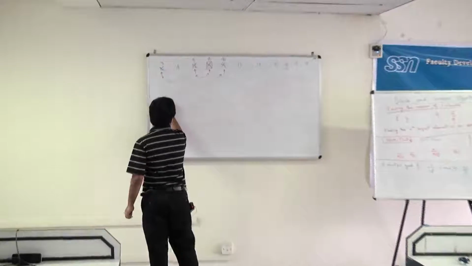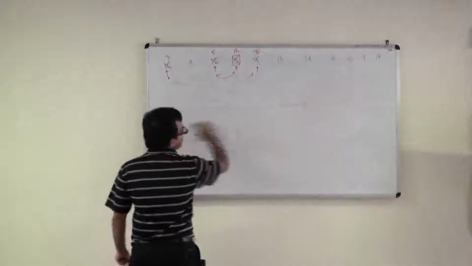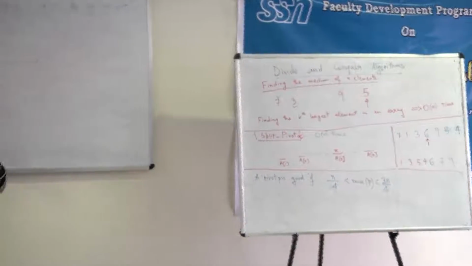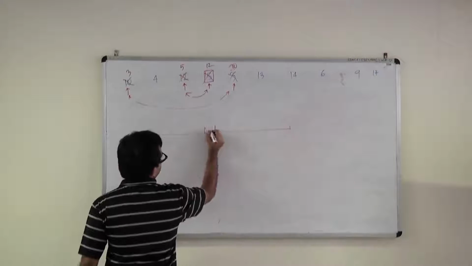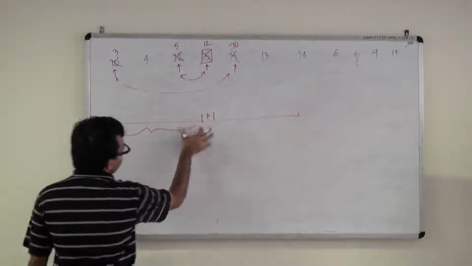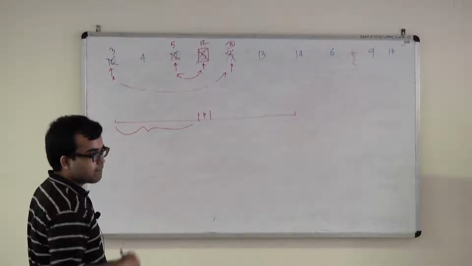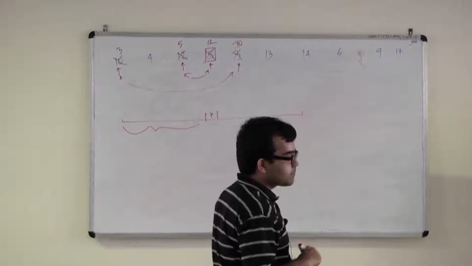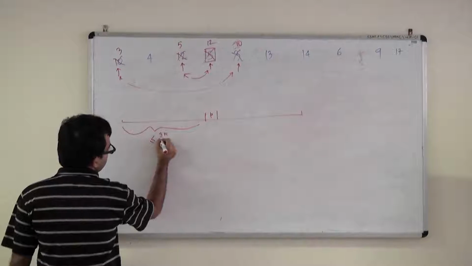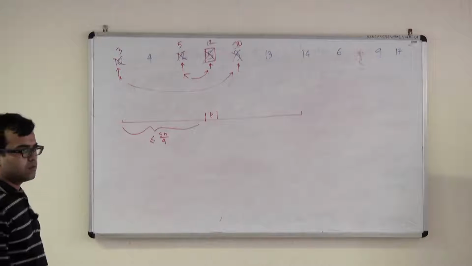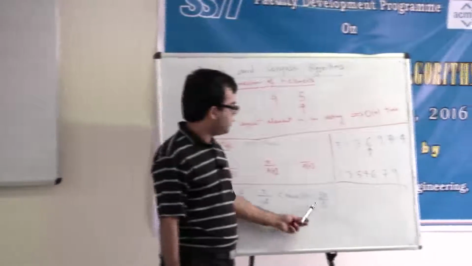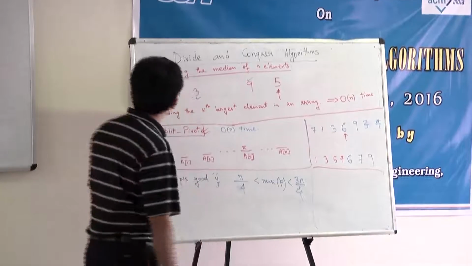suppose I give you a good pivot and this is the entire array, you first run a split pivot subroutine. After that, you will know that the pivot lies somewhere here. And how many elements are here less than P? It's going to be at most 3n by 4, no? Why? Because the rank of this pivot is at most 3n by 4. So there are at most 3n by 4 elements here.